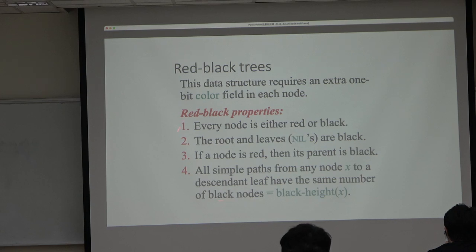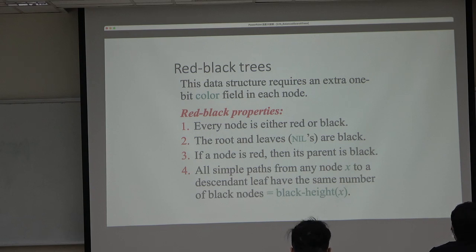Very, very important properties. First, every node is either red or black, which is indicated by that additional bit. Second, the root and the leaf nodes are black. It is guaranteed that root and the leaf nodes are black. And the third one, if a node is red, its parent has to be black. 就是红色的点，它的父节点一定是黑的。